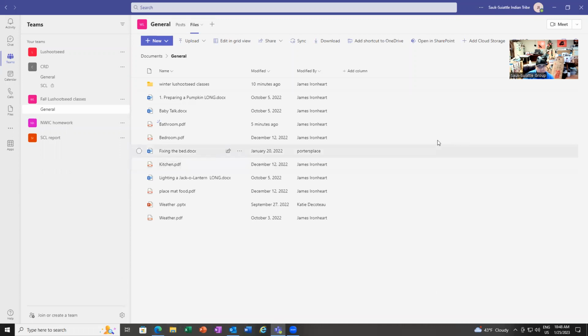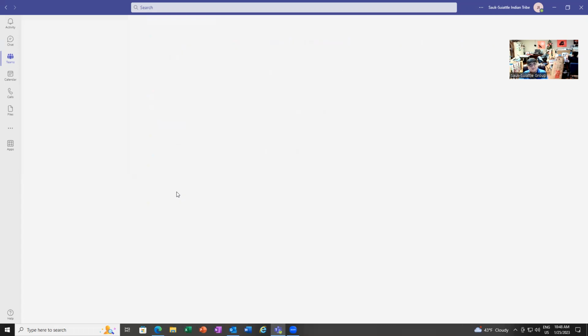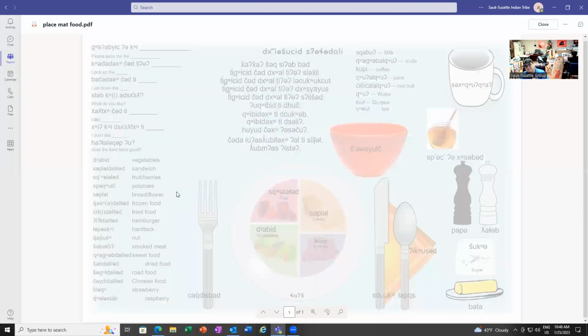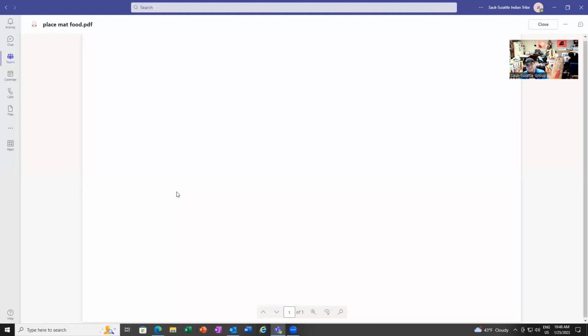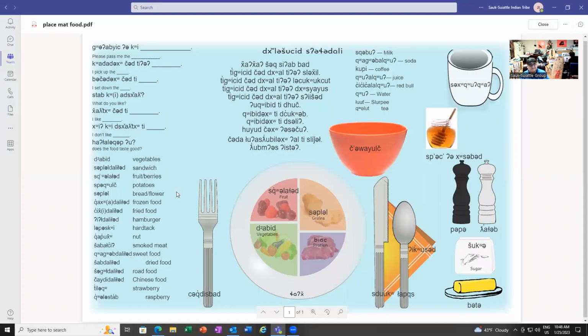Okay, here is the first page of the Lushootseed fall winter Lushootseed classes. I'm going to rename this in a little bit. Your first choices are the weather, placemat for food, the kitchen, the bedroom, the bathroom. Click on one of these and it will bring up a placemat, eventually.